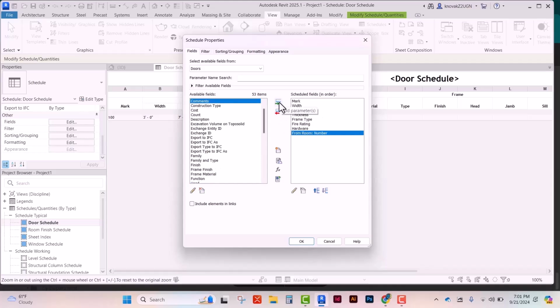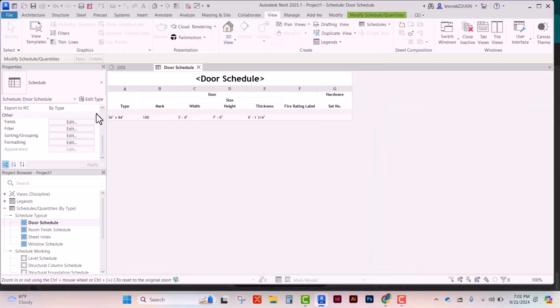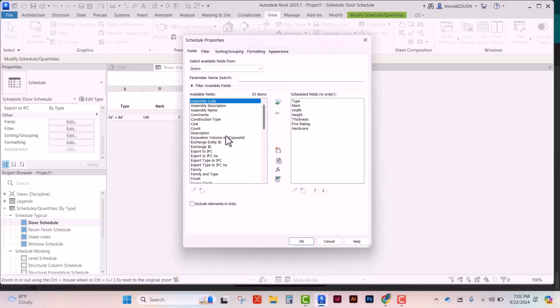Sort by the door type and size. So we're going to get rid of that one. And we're going to get rid of frame type because what we want is good old-fashioned type. And I want to put that one at the top. So now it reorganizes that for me. Hardware, we don't have any information on that, nor do we for fire rating, but that's okay because we might for other doors. We go back into that schedule properties and we can choose between some of these other tabs,